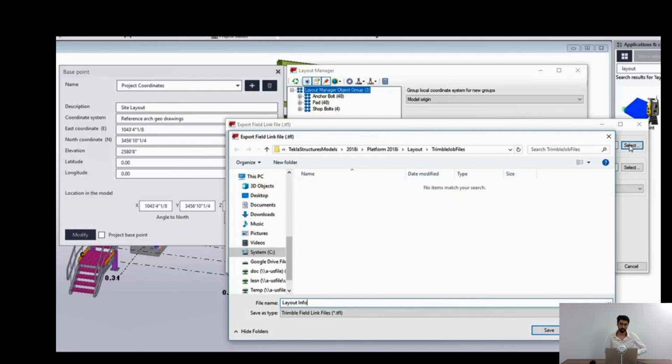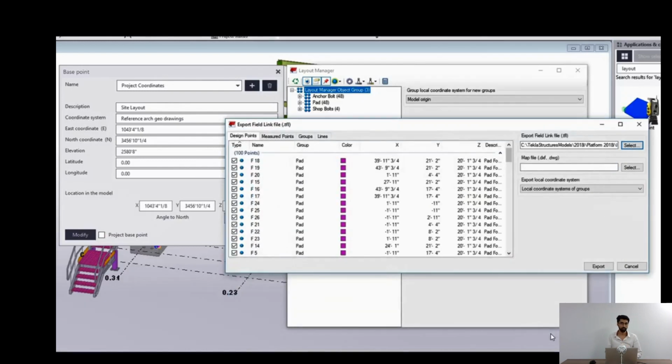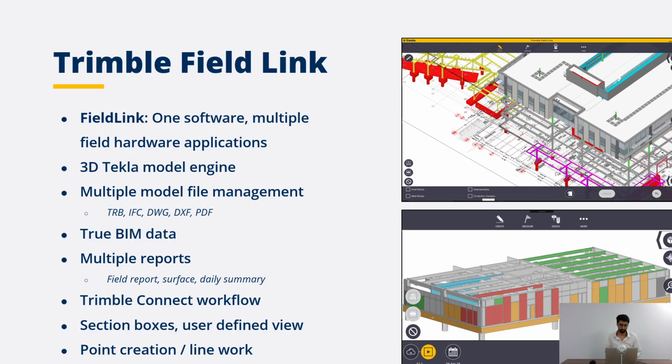Then after it we grab this file, and we feed it to a specific software that we have, and that software is the Trimble Field Link. It will read the .tfl file format, and it will read the IFC file, and then you will visually see the Tekla model. You will see the coordinates and see everything coming